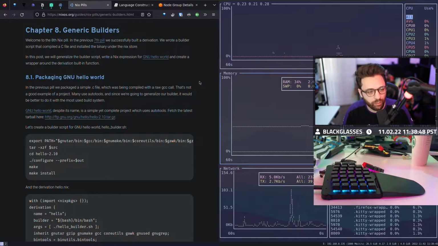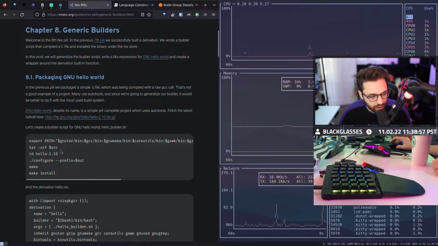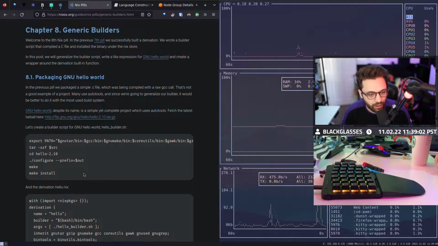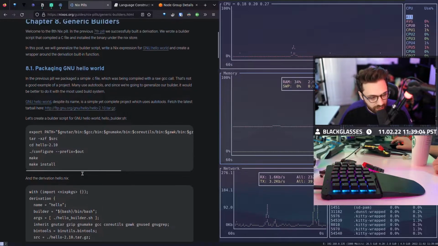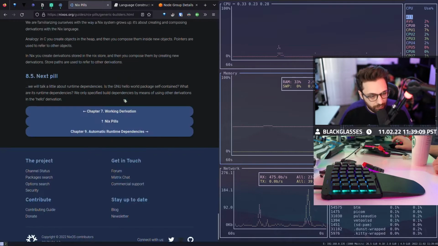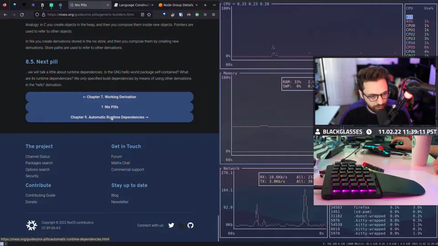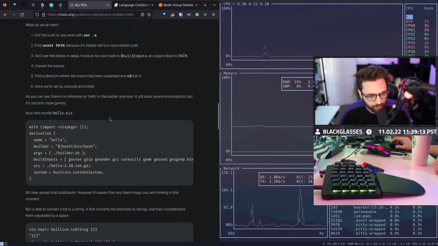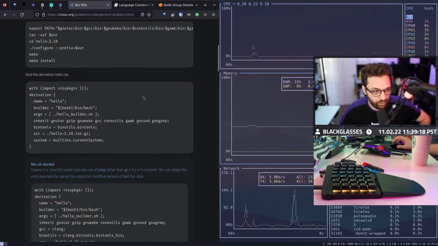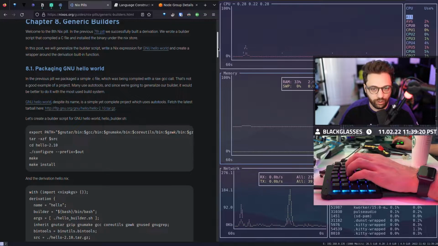Now we're getting to a point where it's great that you have a very simple builder, but maybe we want to actually try packaging something with Nix, maybe even creating our own builder and getting an understanding of what can work and what can't work. That's what we're going to be doing next, with the goal of going through this whole page, and hopefully even the next one as well. But I am going to get up super quickly to go to the bathroom and reset. When I get back, we'll jump directly into this.